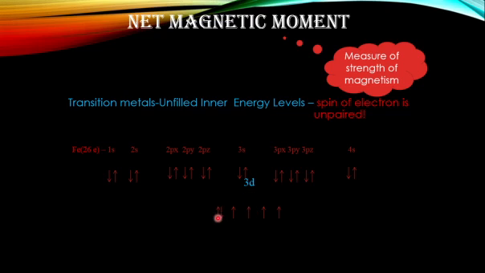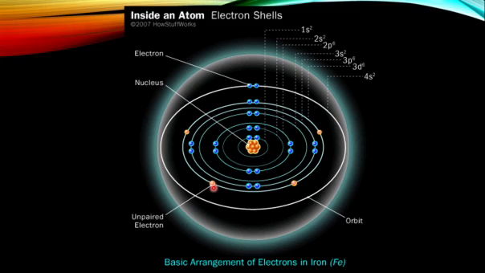3d subshells. Here you can see the 3d consists of 5 quantum states. So all the 5 subshells are initially singly occupied, and then the remaining 1 electron to complete 26 electrons will be filled in one particular subshell. So you can see there are 4 electrons which are unpaired, or whose spins are unpaired. This will contribute to a higher magnetic moment for the material, so you will get a strong magnetic moment.